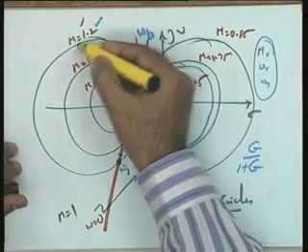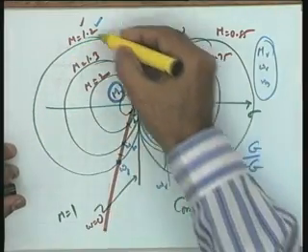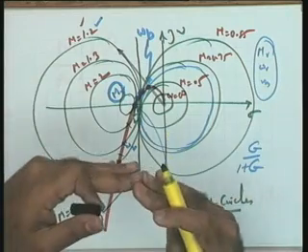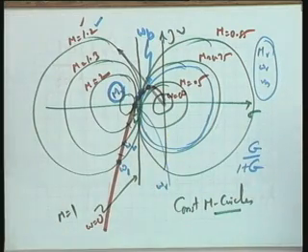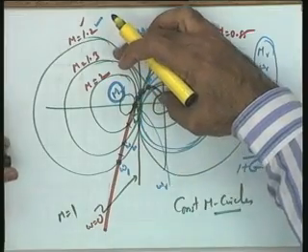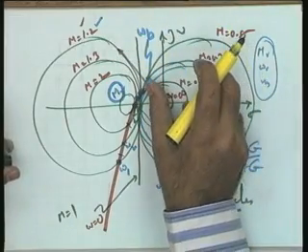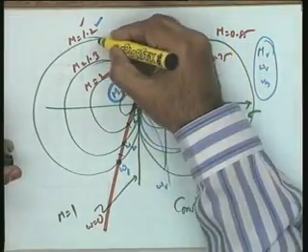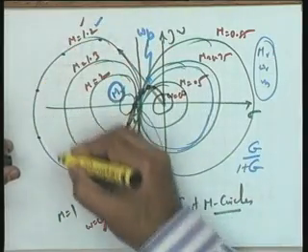I am plotting all the points here of M is equal to 1.2 on a new plot in which one of the axes is phase angle and the other is decibels. That is the only transformation I am doing. Rather, Nichols has done that transformation and standard charts are available. I am simply telling you the method. This magnitude is available to me, this phase angle is available to me. See, you keep on taking various points on this particular circle.